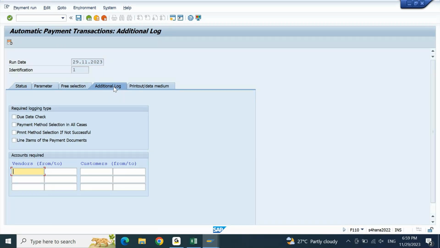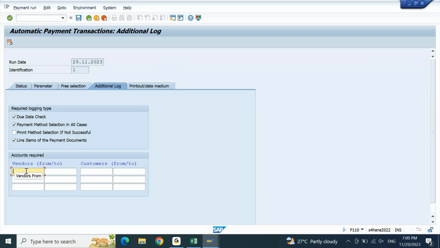Always remember, in this additional log, even in real time, strictly we will enable 1, 2, 4. You don't enable the third one. You want in all the cases the system to provide the log, whether it is in successful state or in failure case. If you enable the second one, system will create the log either in successful case or in the failure case. If you enable the third one, system will create the log only in case of error. But we don't select the third one, you always select 1, 2, 4, and then